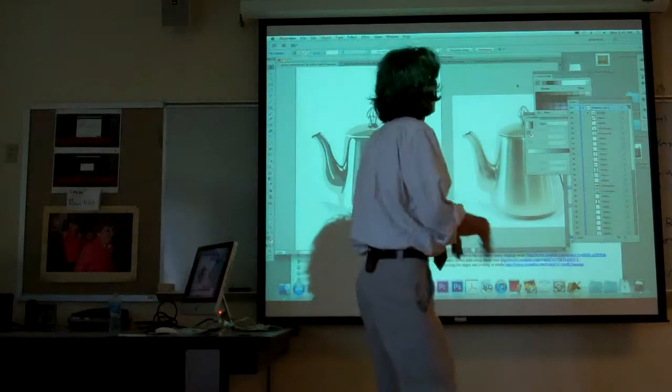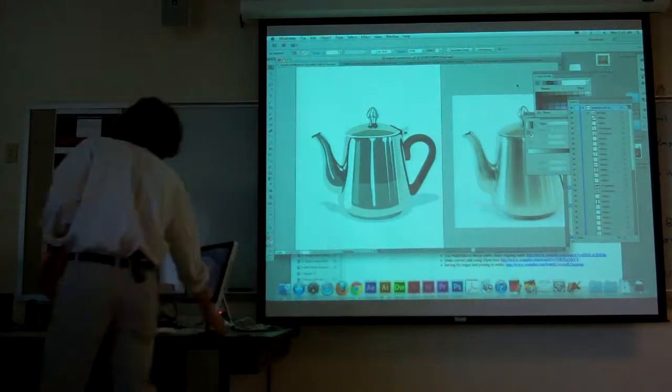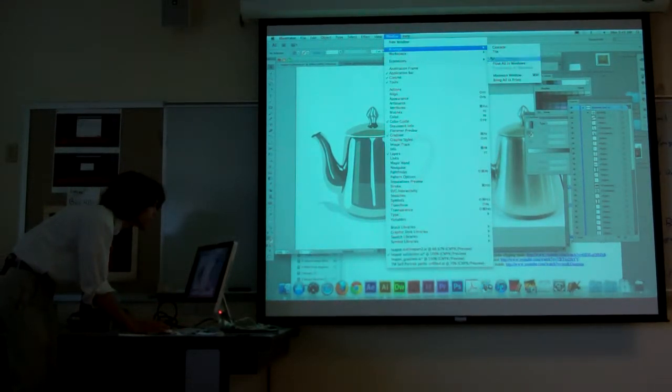So I'm going to show you first use of what's called the color guide. And let me just put everything back to where you're going to hopefully